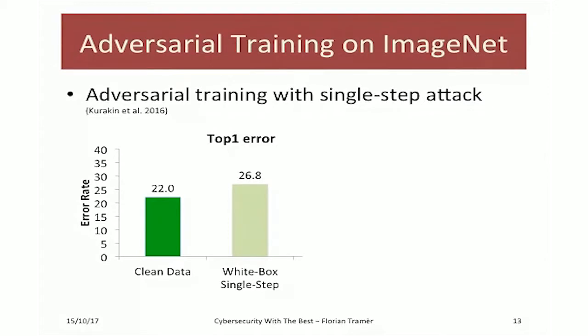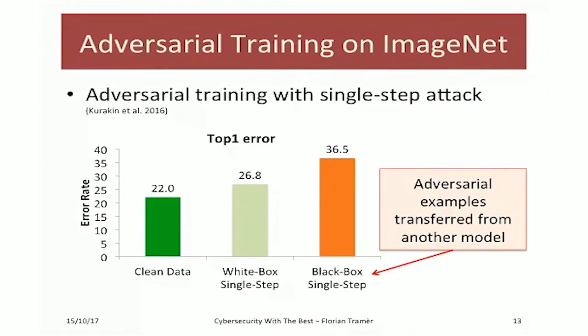The weird thing we noticed, and that was sort of what kickstarted this work, is that if instead of attacking the model in a white box setting, you attack it in a black box setting, so you just don't look at the model's parameters at all. You just compute on a holdout model and then look at how well the adversarially trained model does. Well, it actually does worse than in the white box setting, which is somewhat confusing, in the sense that you're now looking at a weaker attack that uses less information about the model that's being attacked, and it suddenly does better. And so there seems to be something weird going on here, and that's what we